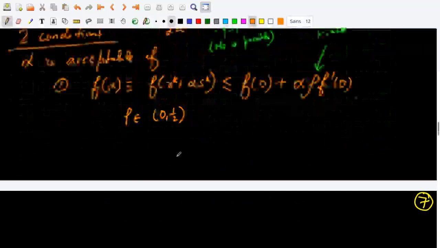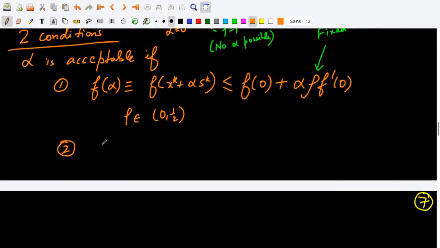and this can be obtained by saying that alpha should be such that f prime of alpha should be large enough as compared to the derivative at 0. So what this condition is saying, you pick such an alpha so that the slope of the function at the new point is very different from the slope at alpha equal